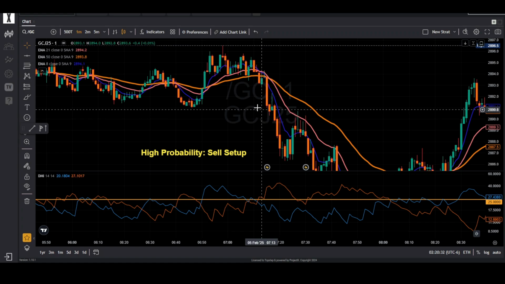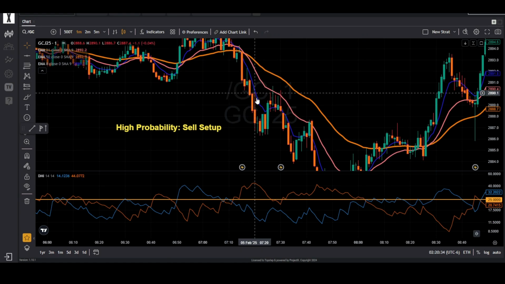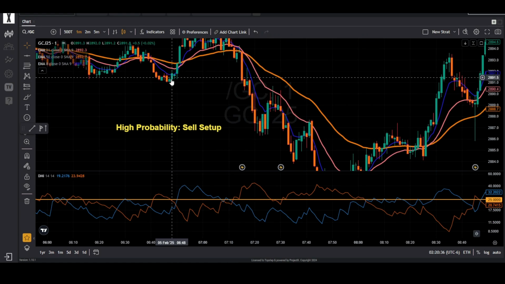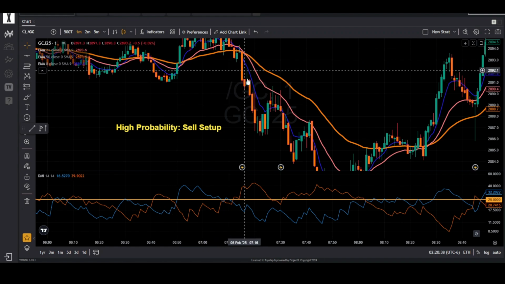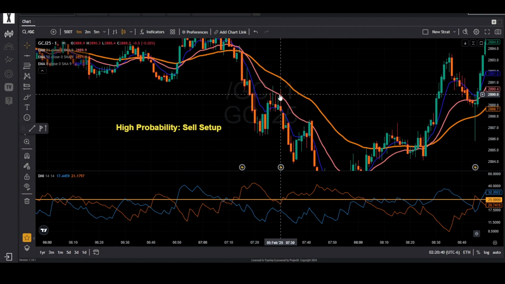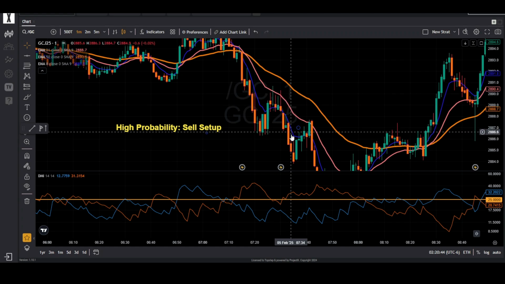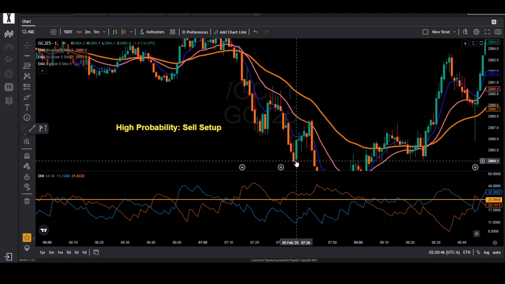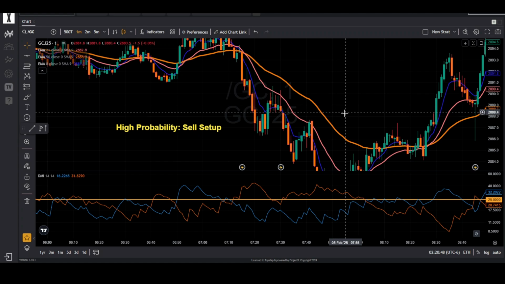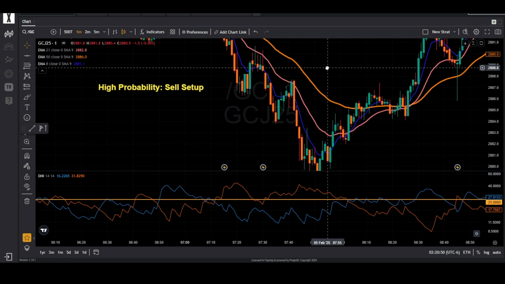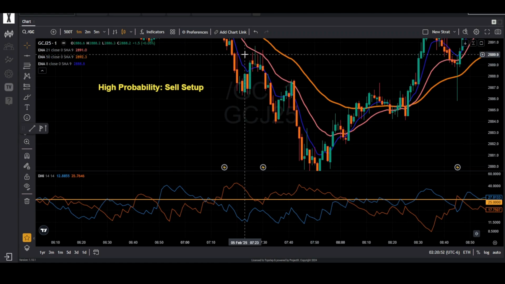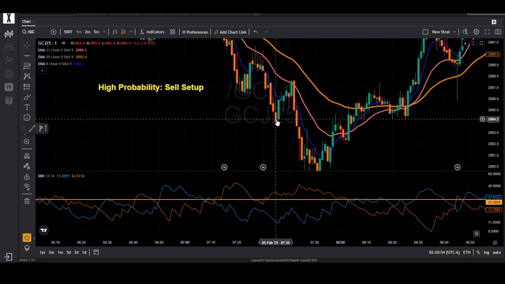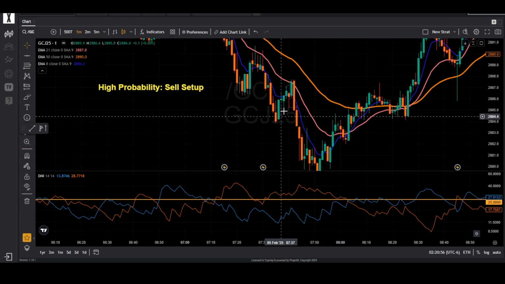Because of that news, the market really moved down over here. So now we can see it broke the low over here. It made a lower high over here. So now we are looking for another lower low, which it made over here. Now another lower high. So this is perfect right now, because this is how we want to do it. We want a clear, strong trend where we see a clear pullback.